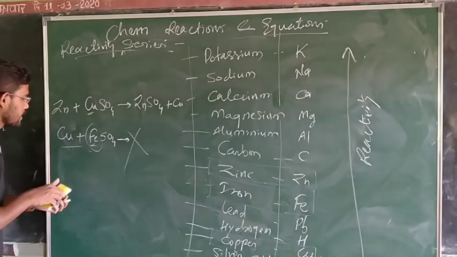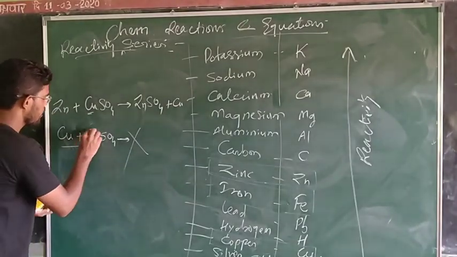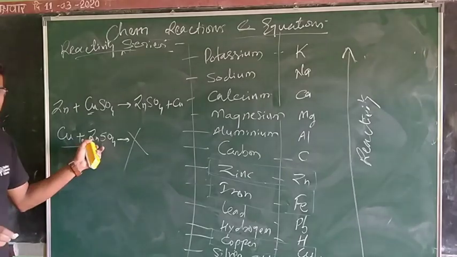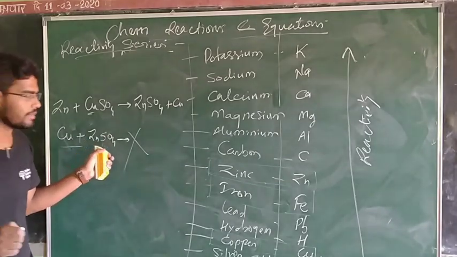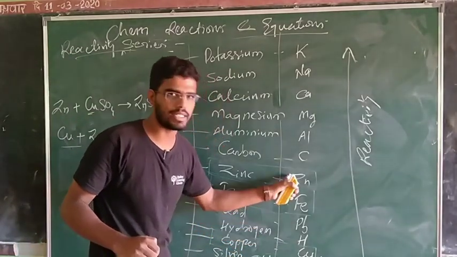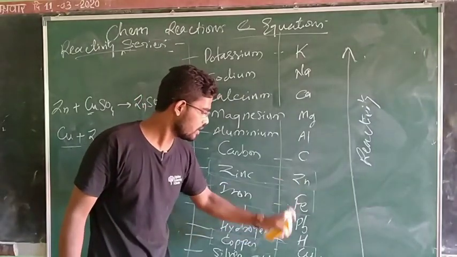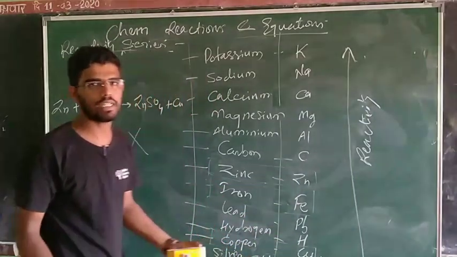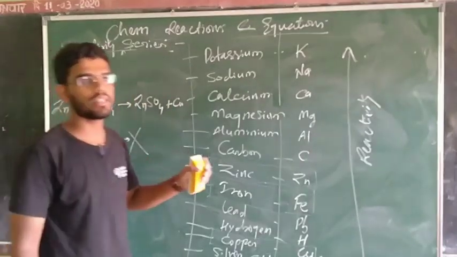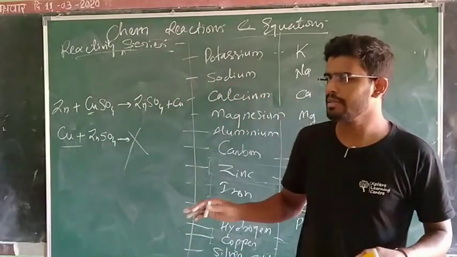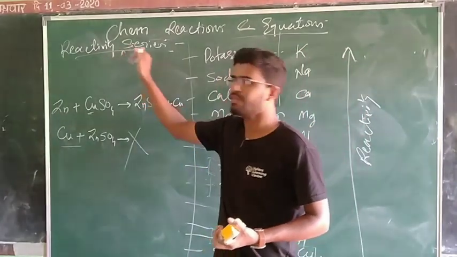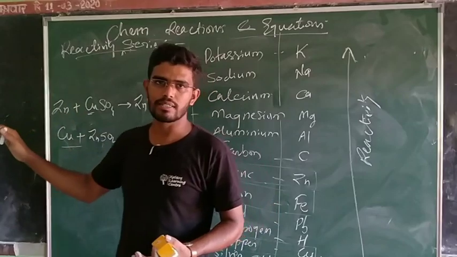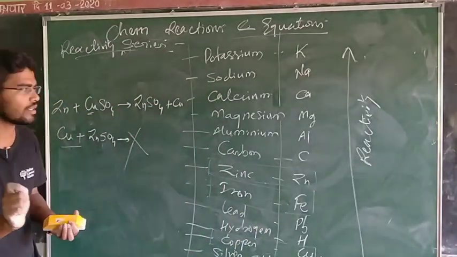If you take it in reverse, if you react copper with zinc sulfate, what do you think? Do you get any product? Look at the chart. Obviously, copper again is less reactive than zinc. There is no chance to displace zinc with the help of copper. There is no reaction possible. That is the logic behind displacement reactions. All the displacement reactions can be easily understood and answered with the help of this reactivity series. So in today's class, the very key terminology that we need to remember is what?